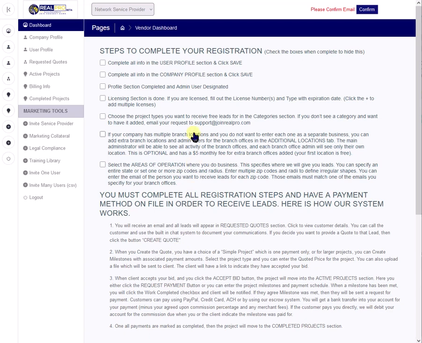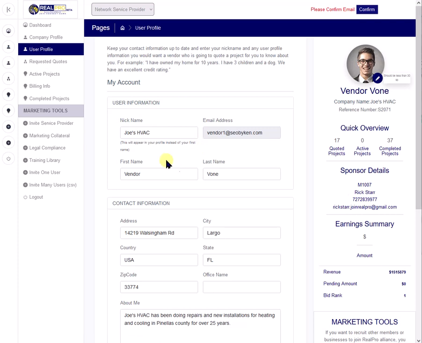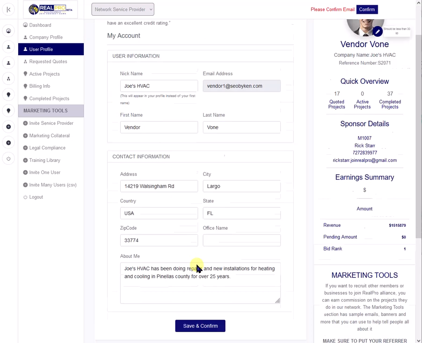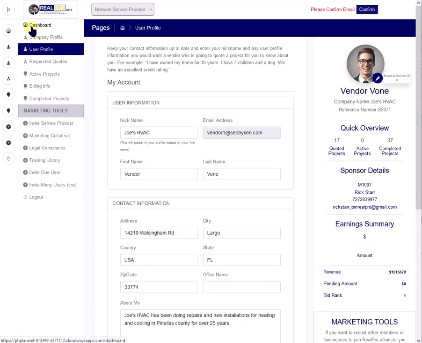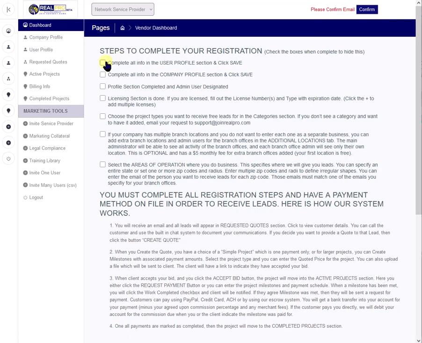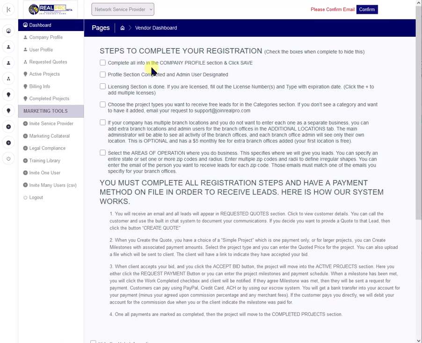Basically, you need to complete your user profile, which is this section right here. And this is simply, you can put your company name here, your address information. This is a brief description, and hit save and confirm. Then we go back to dashboard. You can see you can check that off, and then go into all info in the company profile section